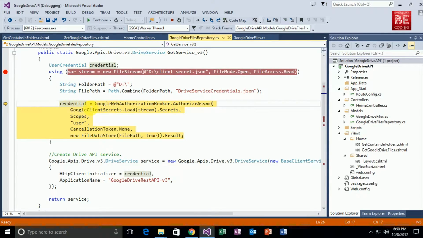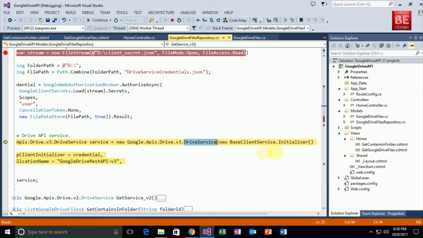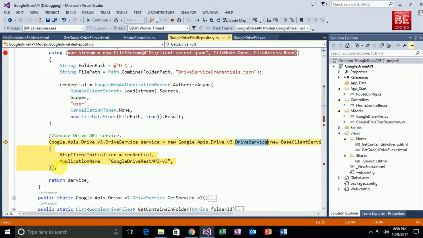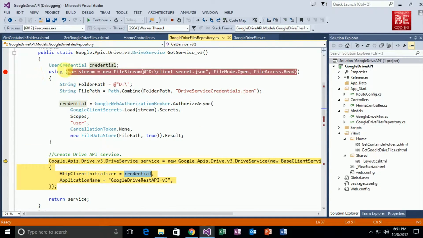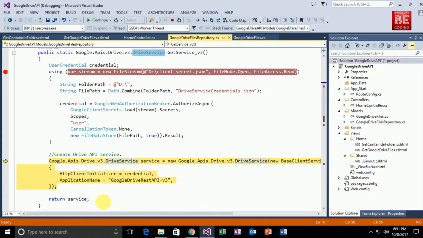and this credentials object is nothing but a user credential class. Okay, and after that the Google Drive API creates the API services. This drive service constructor is passed as a parameter of the base client services initializer method and is assigned two variables. First is the HTTP client initializer, and I am assigning this credential object, which is nothing but the user credentials object, and after that the application name. You can put any meaningful application name. Okay, after that this method returns a drive service. Okay, just pressing F10,